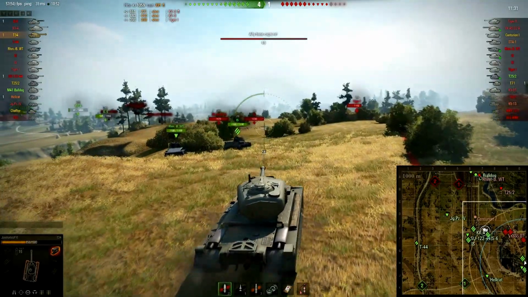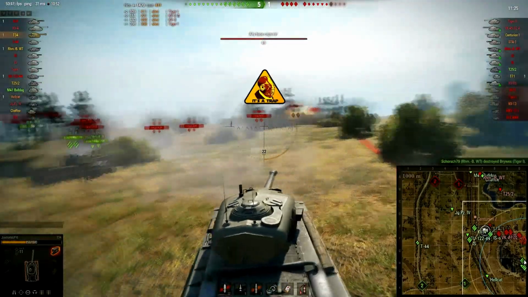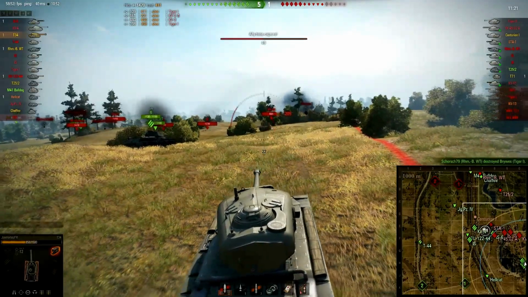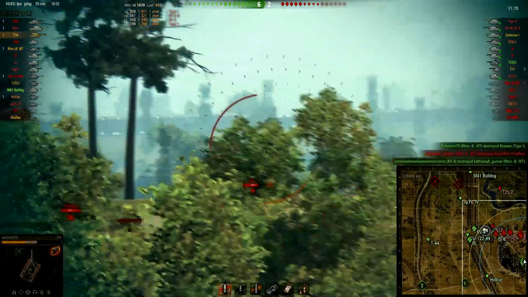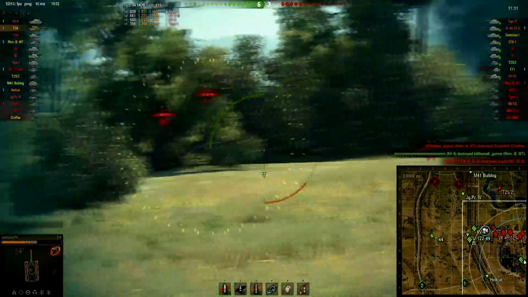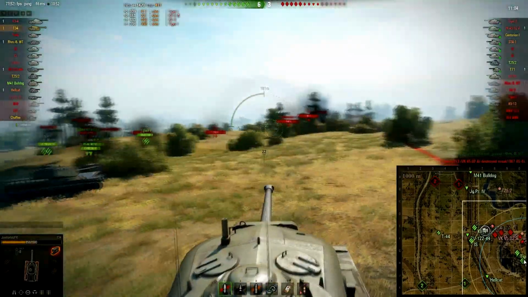But if we keep up working this ridge carefully, we can take side shots like this on the enemy as they are moving up the hill, either trying to flush us out or trying to take shots into the city themselves. And it's surprising how often players tend to forget that the enemy is waiting for them just to do exactly that. There's quite a lot of movement there, so...